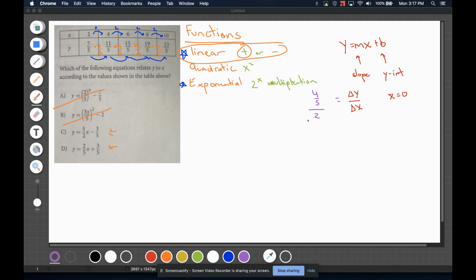Okay, so we left off where, if we tried to find the slope, we have a complex fraction, and that might not work. But we also have different y-intercepts. So maybe we could figure out which one's right just by finding the y-intercept. Maybe we don't need to know the slope because they have different ones. One's negative, one's positive. So let's think about this. So let's look at